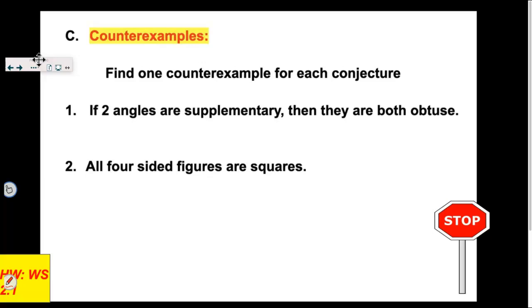So last step is, well, what is a counterexample? So we need to define that. So I'm going to go up right there where it's highlighted. And again, we've had highlighters in class, and everything that's highlighted, I'd suggest you get on a note cutter. So a counterexample is 1. There might be an infinite, but you only need to find one. I'm just going to say thing, probably not the best word, but one thing. Could be a number or an animal, that's why I'm not saying number. We're going to work with numbers and figures because it's geometry, but a counterexample is one thing